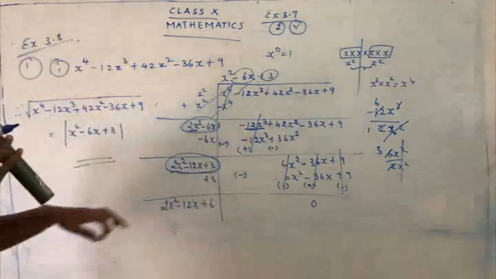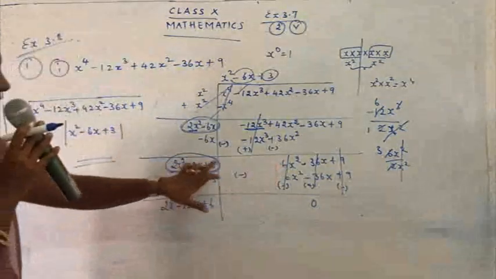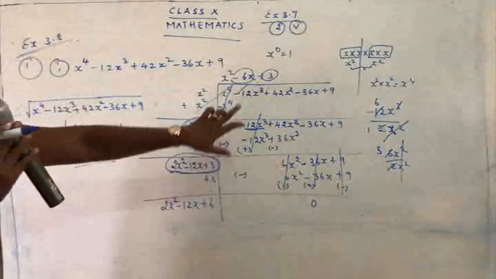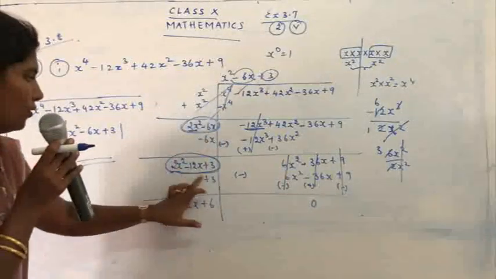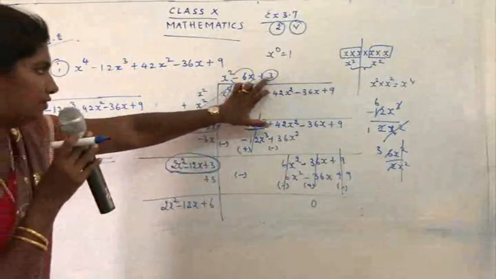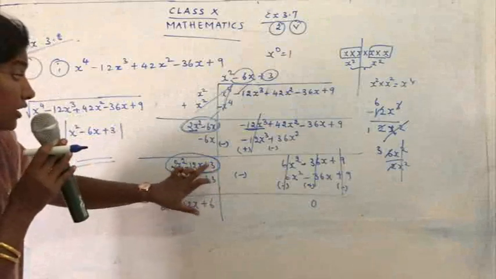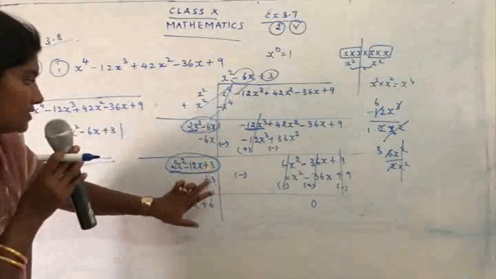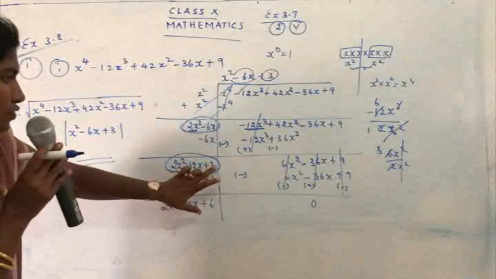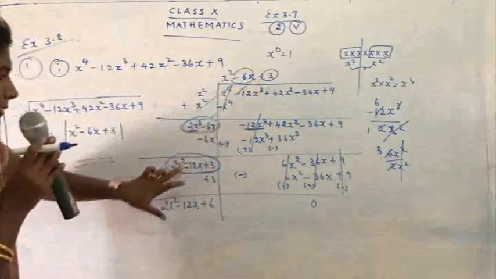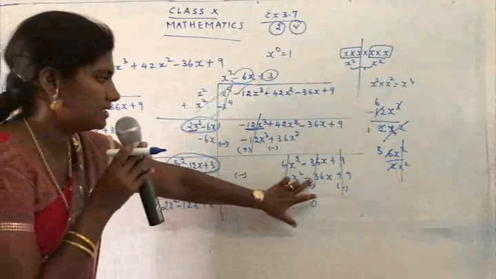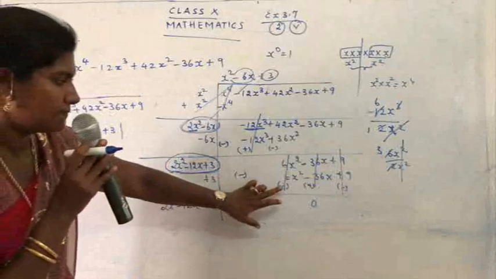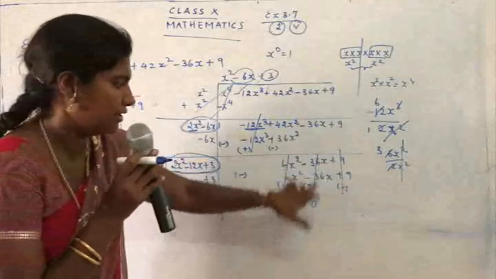Again the same step we have to follow. Take the first term, divide the first term by the first term. So 6x square upon 2x square gives you 3. It's plus 3. So you have to multiply the whole part with 3. So when you write here 3, write here also 3. Without writing here 3, everything goes wrong. So be careful. So 2x square minus 12x plus 3, multiply by 3, and you get 6x square minus 36x plus 9. The main sign is minus, so you have to change all the sign. So it is minus, plus, minus and you get the answer as 0.